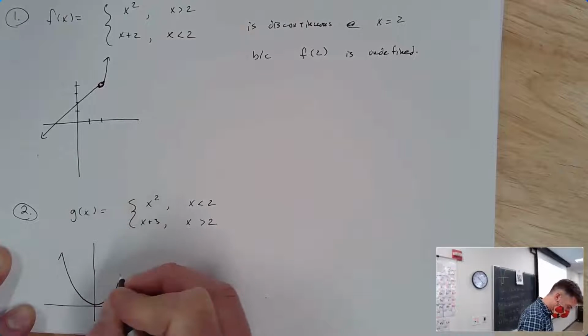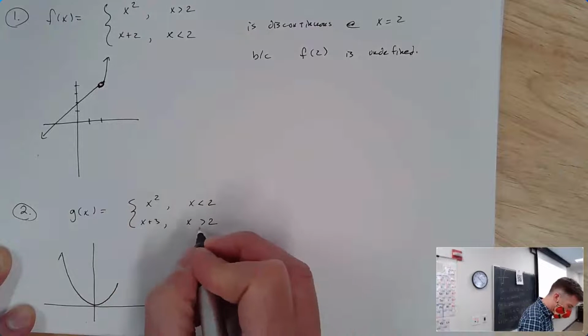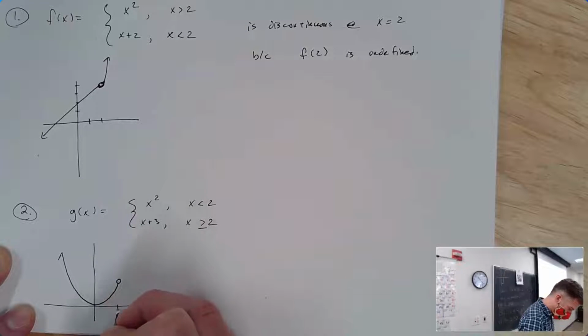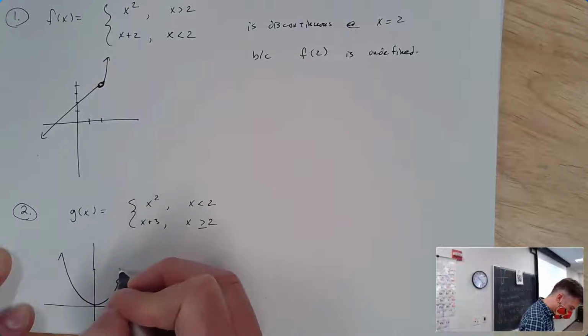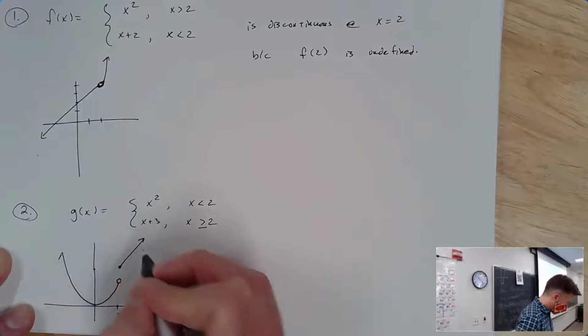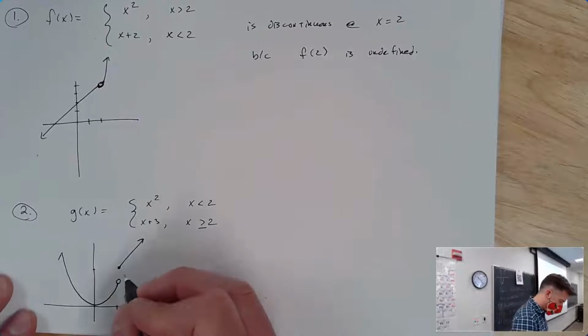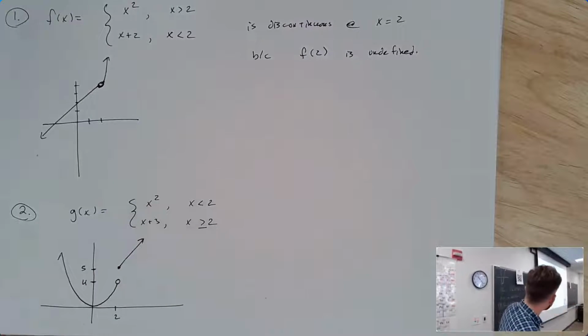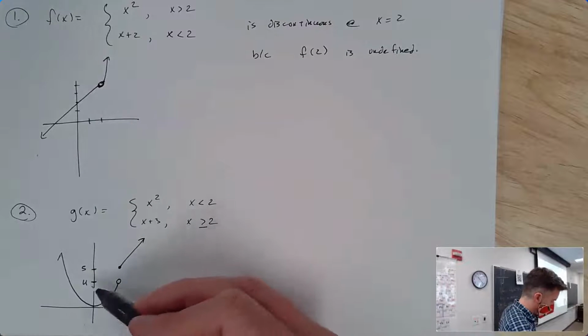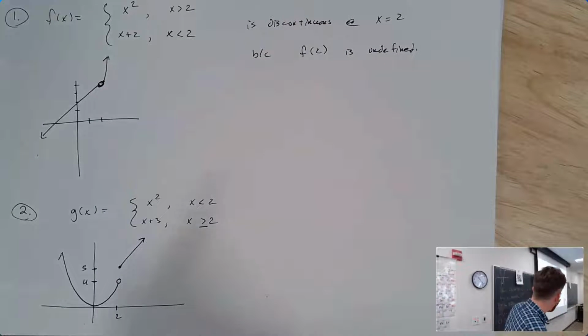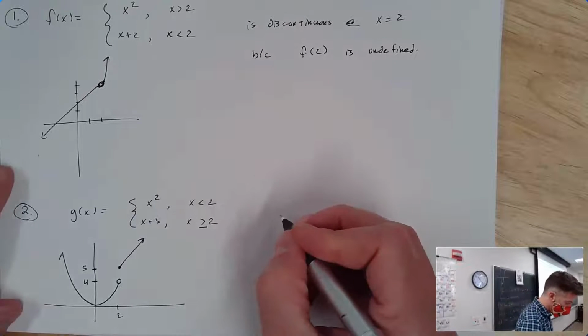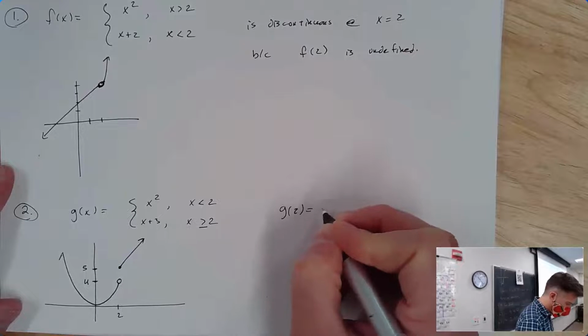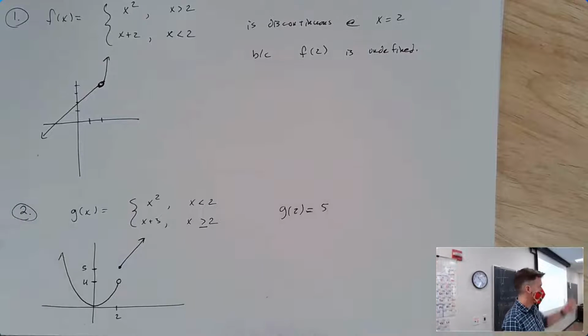Let's change it. Hold on. Greater than or equal to 2. This function looks like that. It's got these y values. If you could plug in 2 there, you would get 4. When you plug in 2 there, you get 5. And this function is definitely defined at 2, right? G of 2 is definitely equal to 5. So great, checks off being defined. That's an important thing to be. But